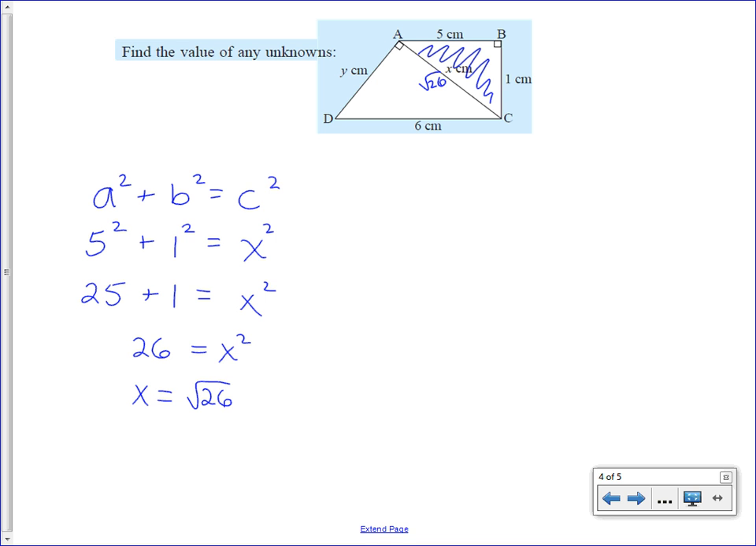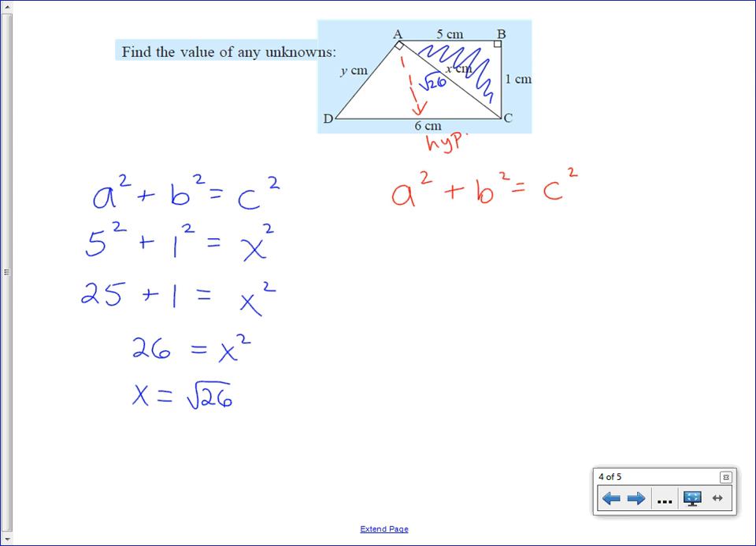So y and the square root of 26 are the legs there. 6 centimeters is the hypotenuse. I can see that because it's across from the 90-degree angle in the triangle ABC. So that makes this the hypotenuse, and the other two sides the legs. So when I do this Pythagorean theorem,